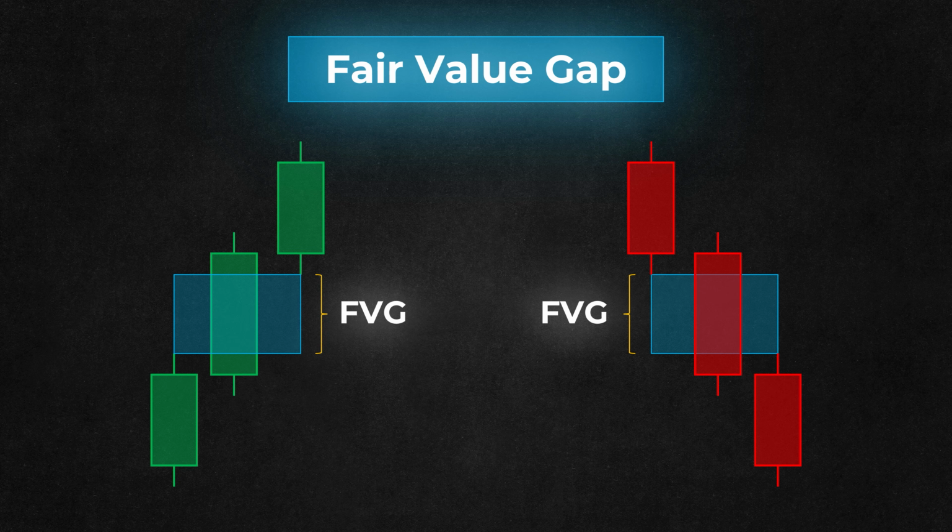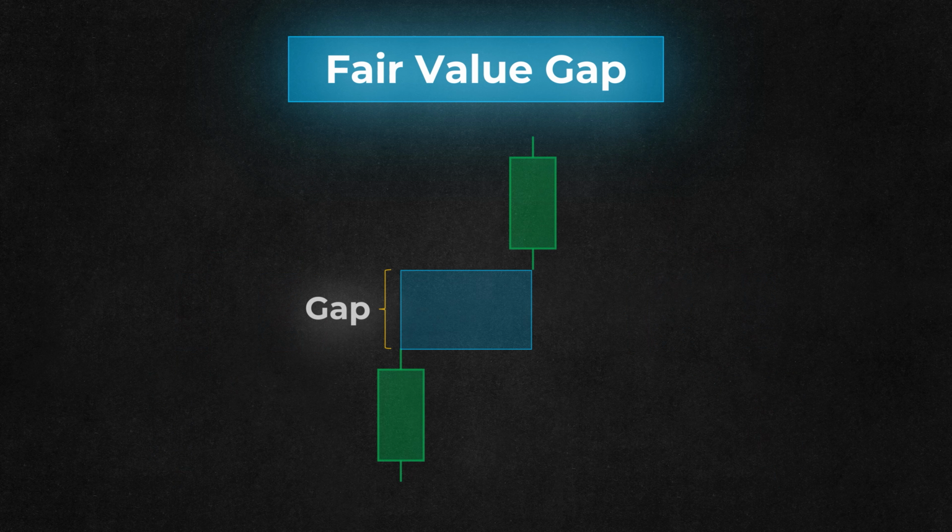A fair value gap is nothing more than putting a candle within two gapping candles. It's what would happen if a gapping market was traded continuously. Price can interact with the fair value gap in the same way that price will often interact with gaps that are more obvious. The name fair value suggests that price is supposed to return to the gap between the first and third candles,